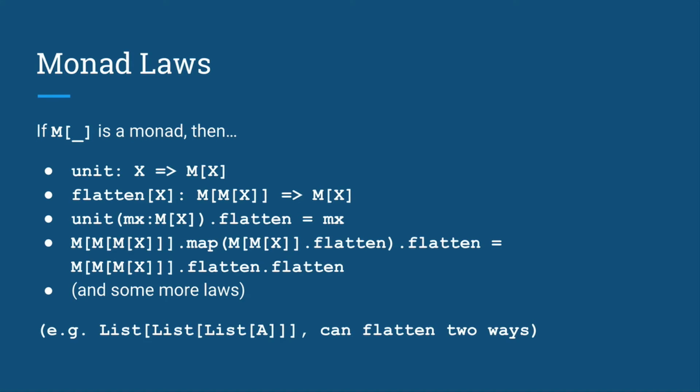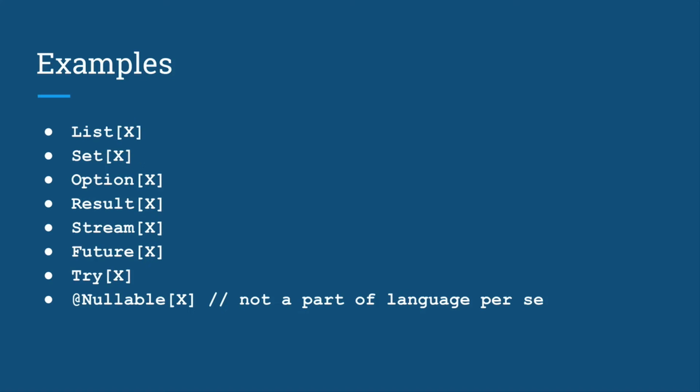I talked about this already. So examples of monad. Lists. Well, you encountered lists. You know how to flatten lists. List of lists, and it works, right? Sets. A set is a monad. So if you have a set of sets, how do you flatten it? Union. That's it. What's a unit for set? Singleton set.